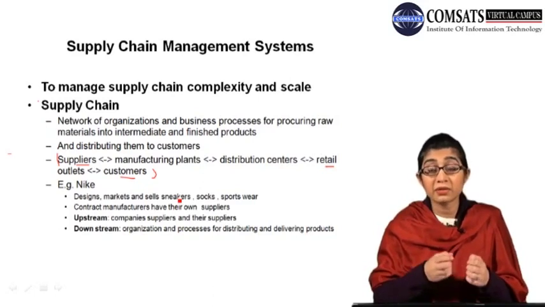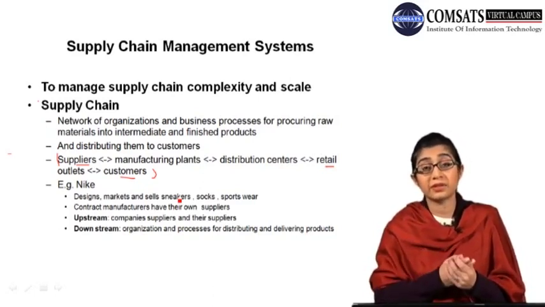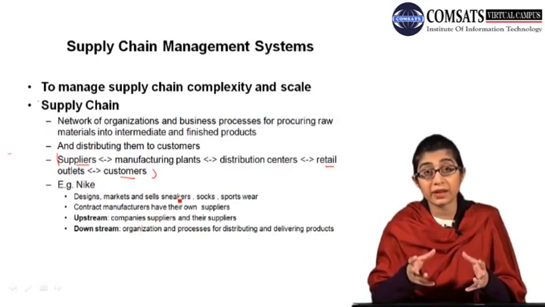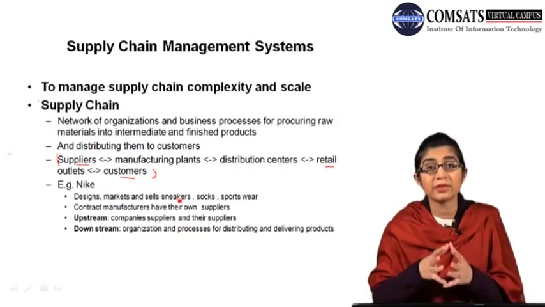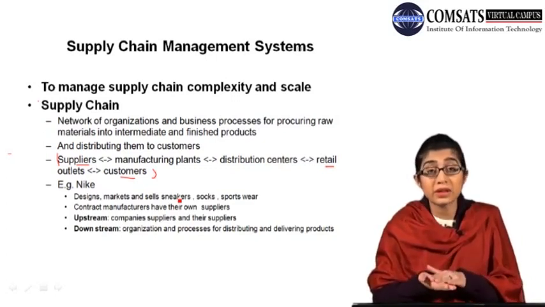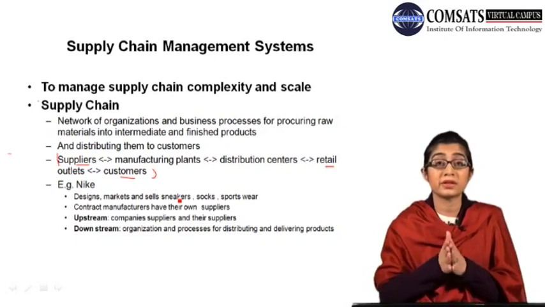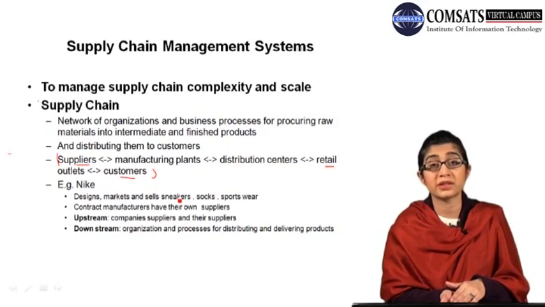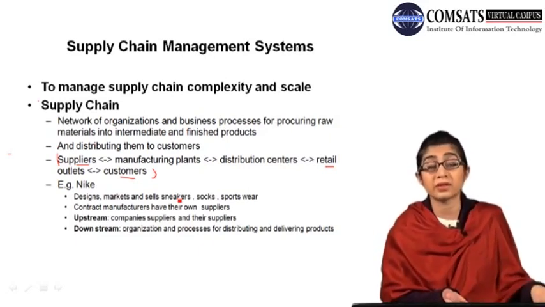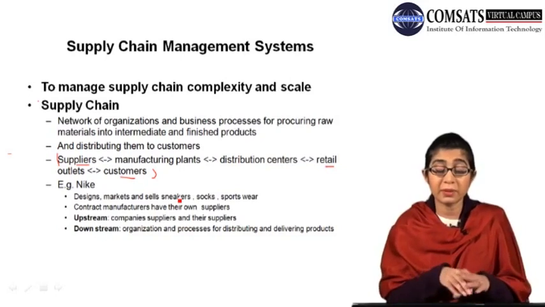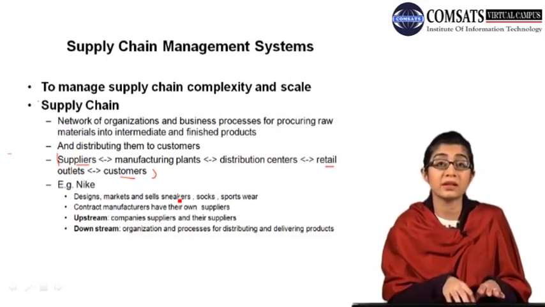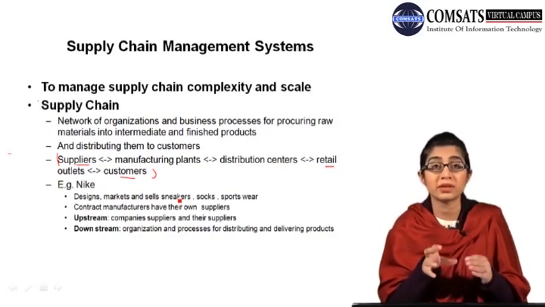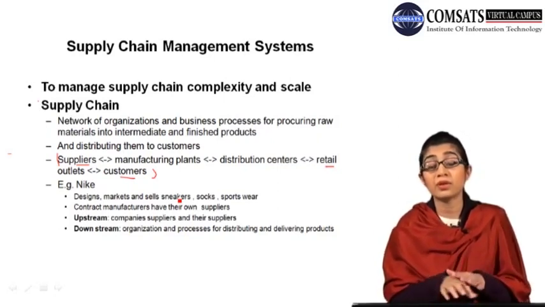Why do they have suppliers? For example, one manufacturer is creating sneakers. Now the one who is making sneakers, or shoes as we call them, needs raw material for the soles, raw material for the upper part, raw material for the laces. So people who are manufacturing these shoes need raw material for that. Now what have you got? You've got laces, soles, rubber soles, the upper portion of cloth or leather or some other material.